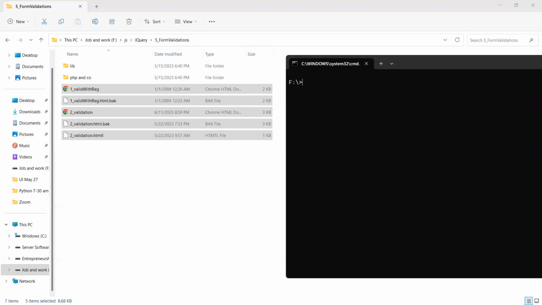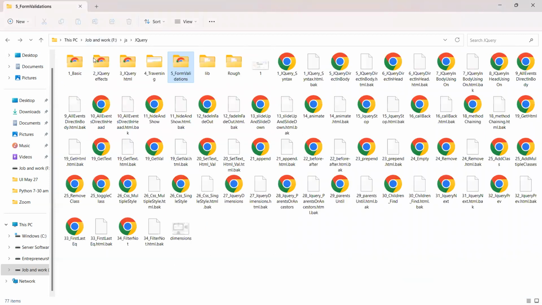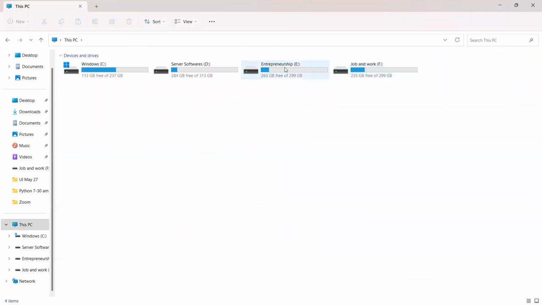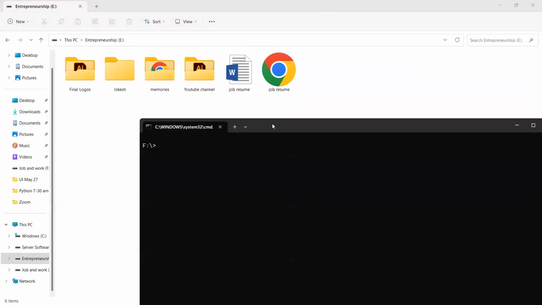Next command is, now I will tell you some 4 or 5 commands which are not relevant to Java. I'm just saying because they are small hacks that you can use whenever you want. Something like if you want to create a folder, I'll take some directory E. So if you want to create a directory inside this one, simply